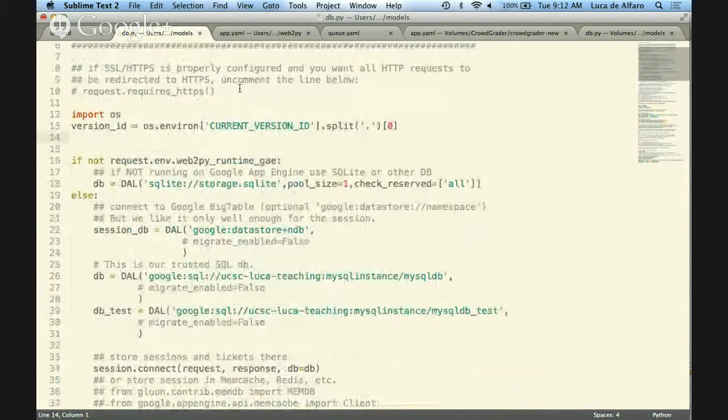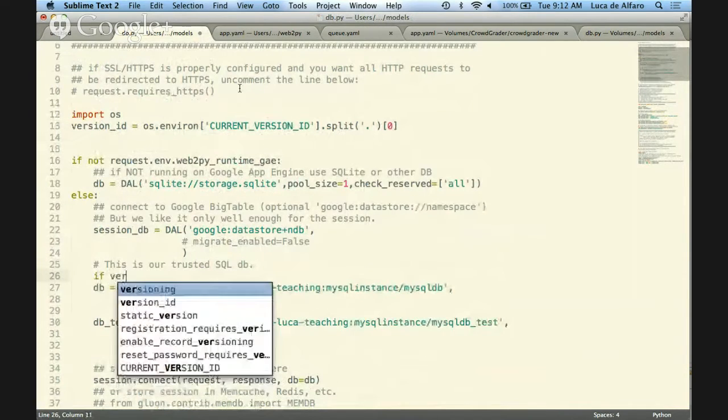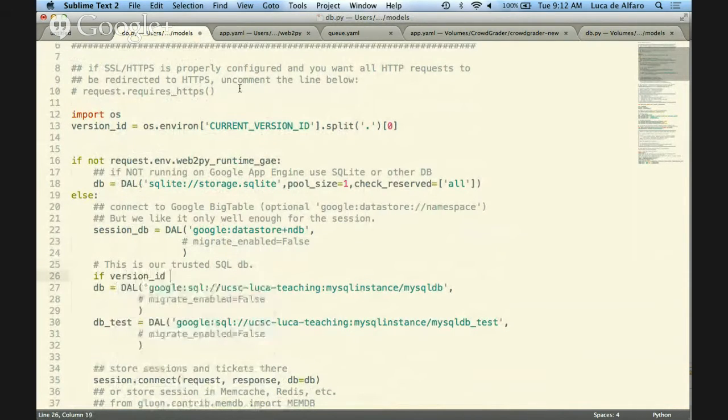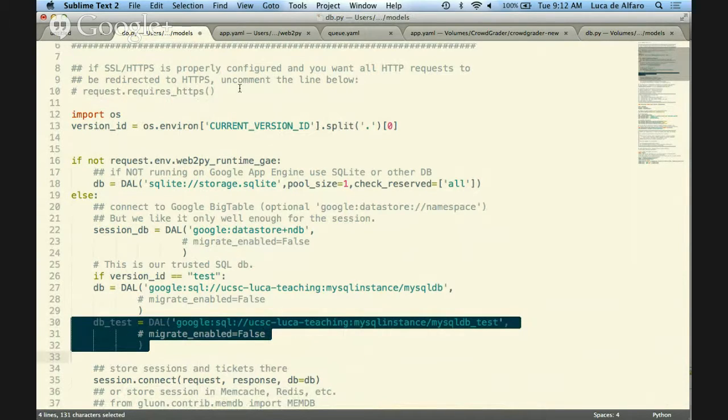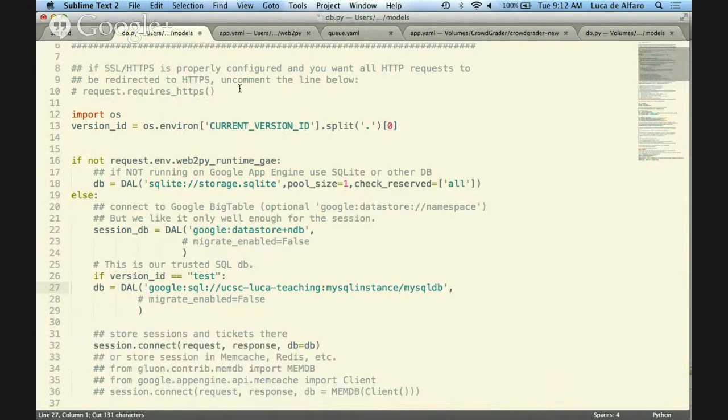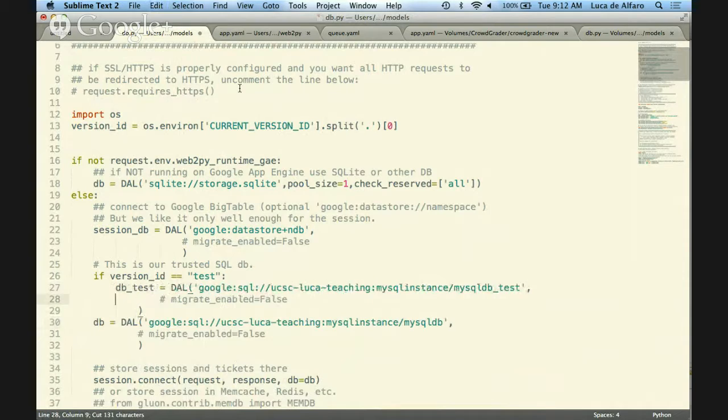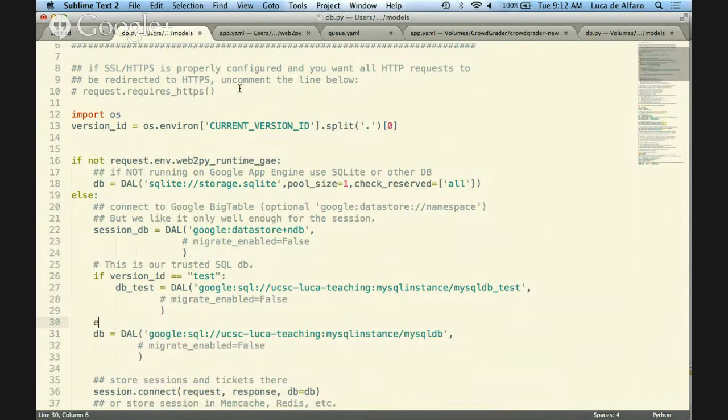Okay, so this is my version ID, and then I can say if version ID is equal to test, then I want to run these lines, and else I run this.